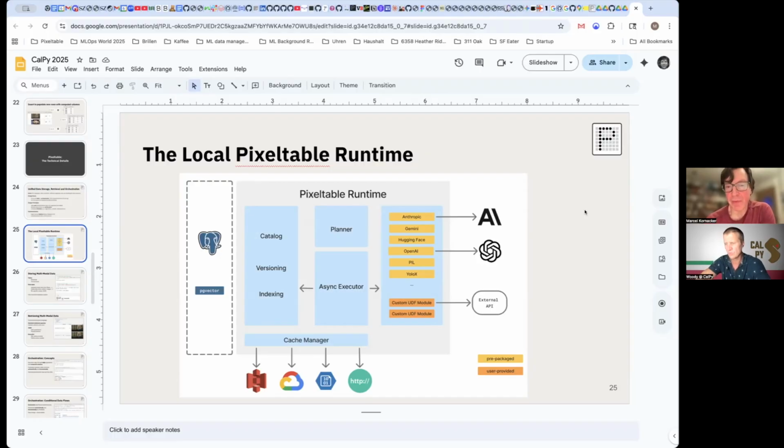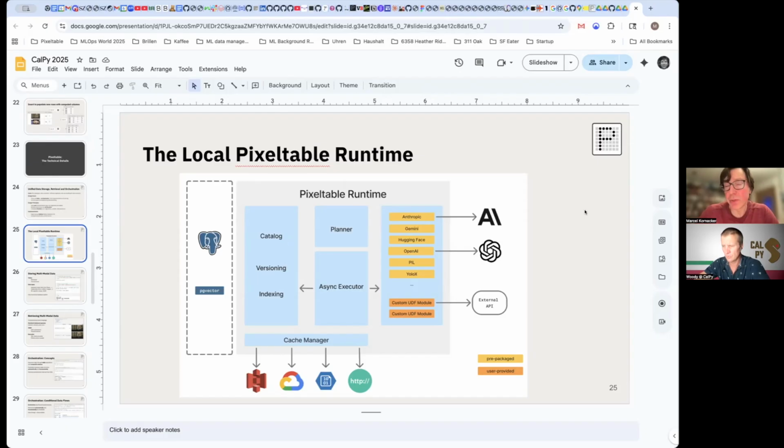And the runtime system itself consists of a planning piece that is able to take a query or an insert statement, and we'll see what they look like in a little bit, and then turn it into a sequence of operations that do retrieval from Postgres and augment that with execution logic in Python directly. So it's able to look at all of the computed columns in your table and determine the order in which expressions need to be evaluated and so forth. And there's also an async execution piece in there that is able to parallelize your calls to endpoints such as Anthropic or OpenAI and so forth.